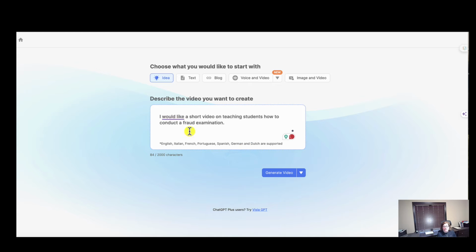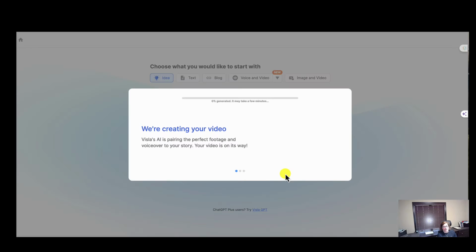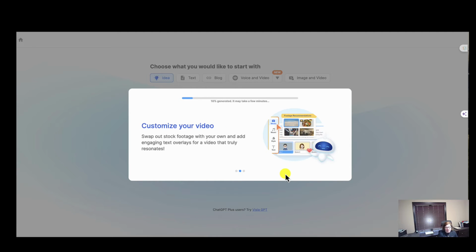And then you can keep it simple, you can keep it easy, and all you have to do is hit generate video. And what Visla does, it starts creating your video. Since I do have the premium version, I get access to the premium stock library and premium scenes and videos. And it does take a few minutes to create, but once it starts generating,